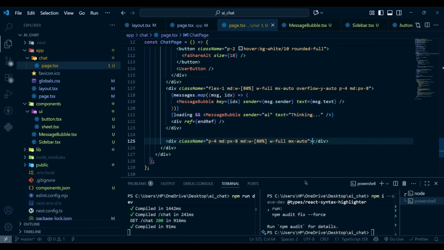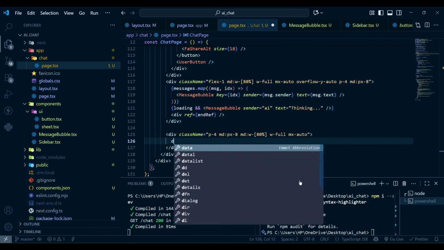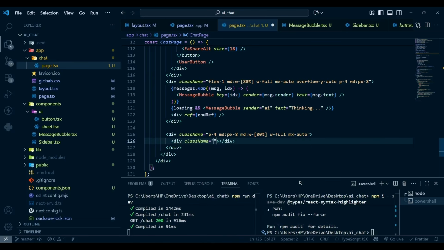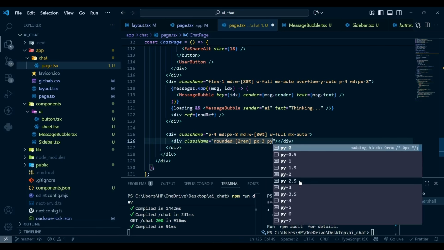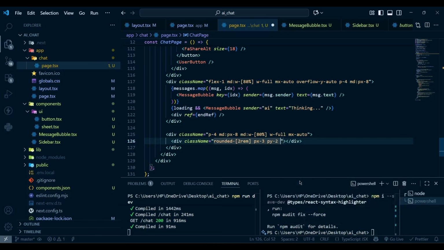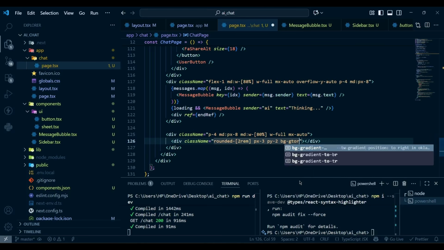That's it. Now inside this we have another div with class name of rounded 2xl, px3, py2, bg gradient to r